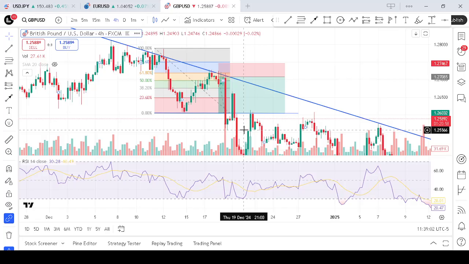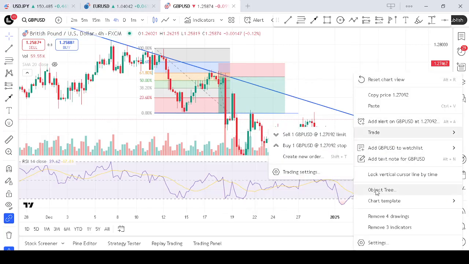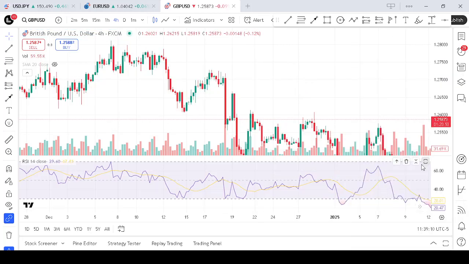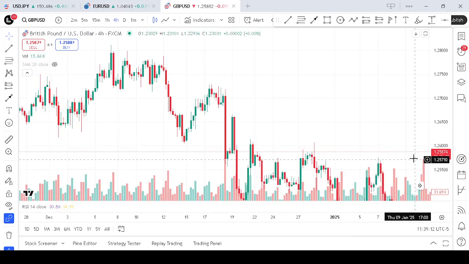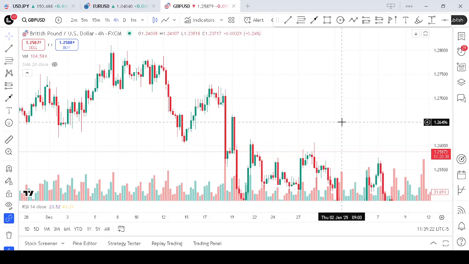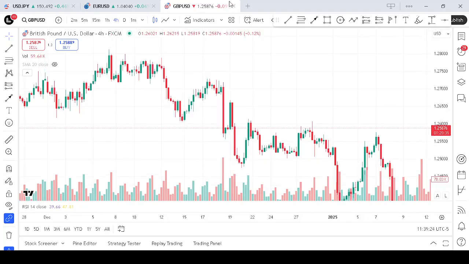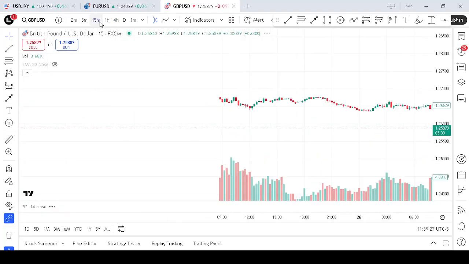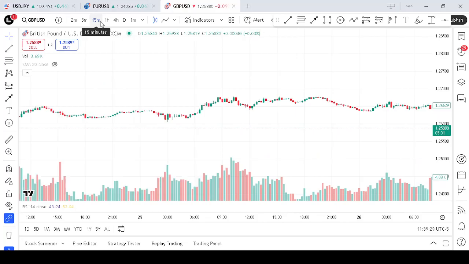Now the third strategy we can use is the precision scalping method. The precision scalping method is a short-term trading strategy focusing on small frequent gains using tight spread and precise entry during high liquidity periods. How do we enter the trade using this